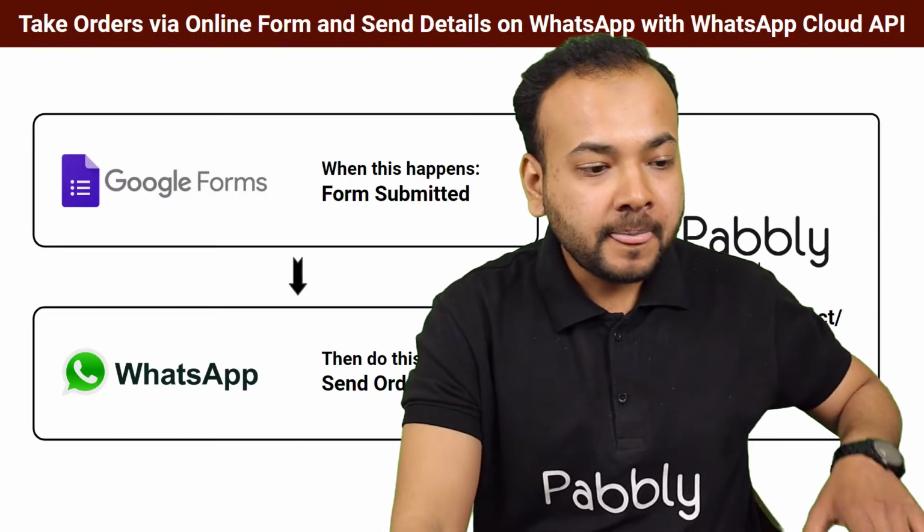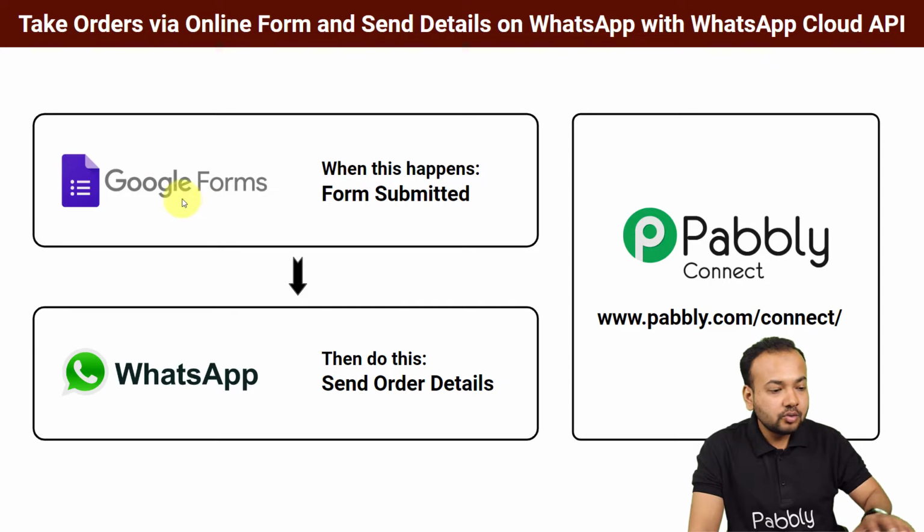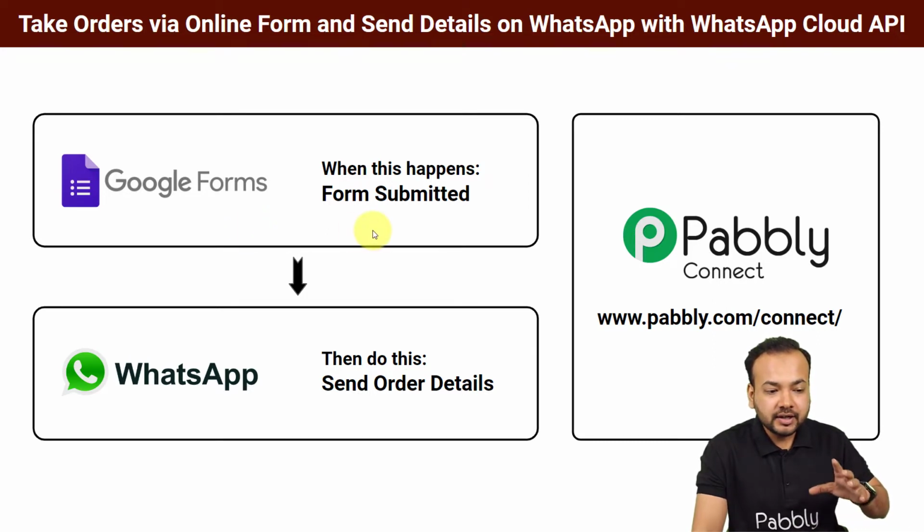Let me show you how. Here I have used the Google Forms application to get orders. In place of this, you can use JotForm, Typeform, or any other form building application. As and when your customer fills the form and submits the form, and here we are taking the order details,